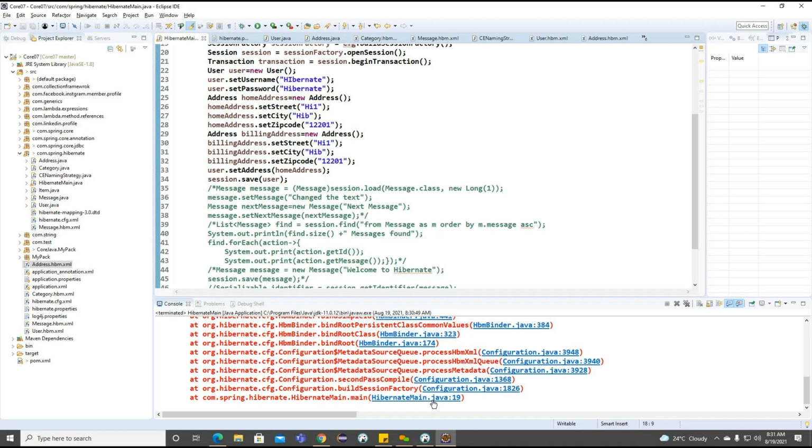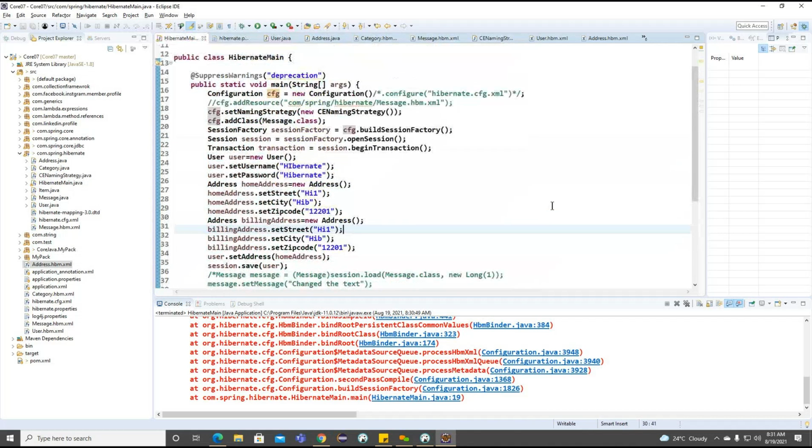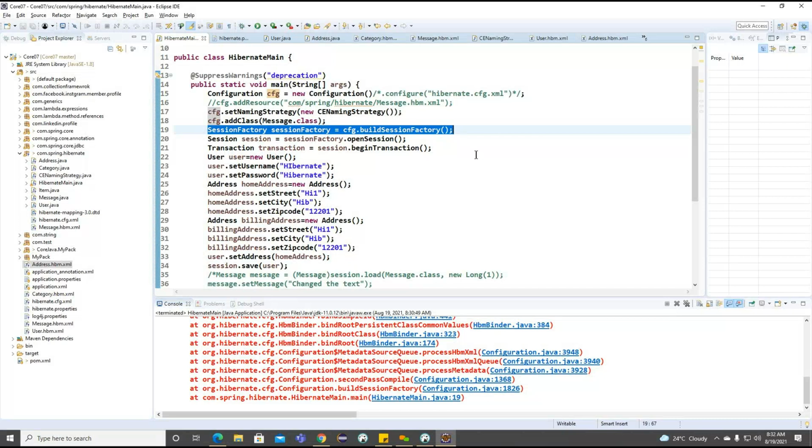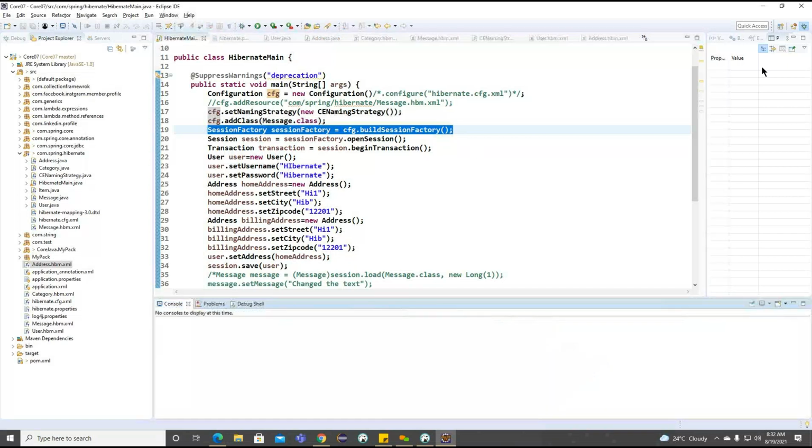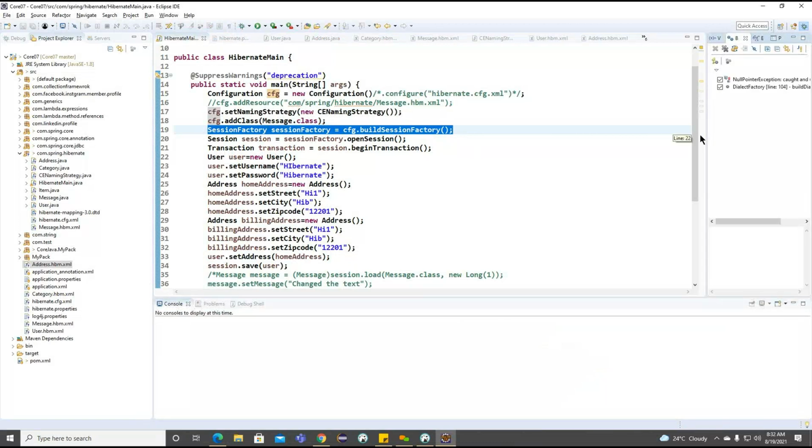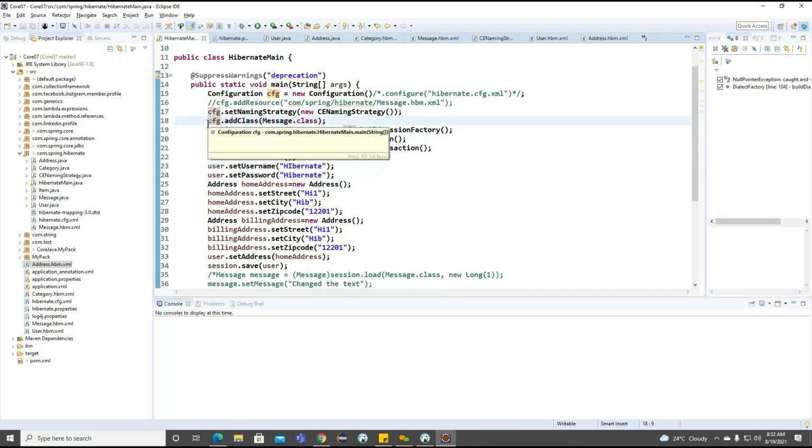One second. Line number Hibernate main 19. So maybe the CFG we did not create. Okay, so we'll see where we are getting an exception here. So I enable the breakpoint here. Okay, so first here we are not going to work on the message.